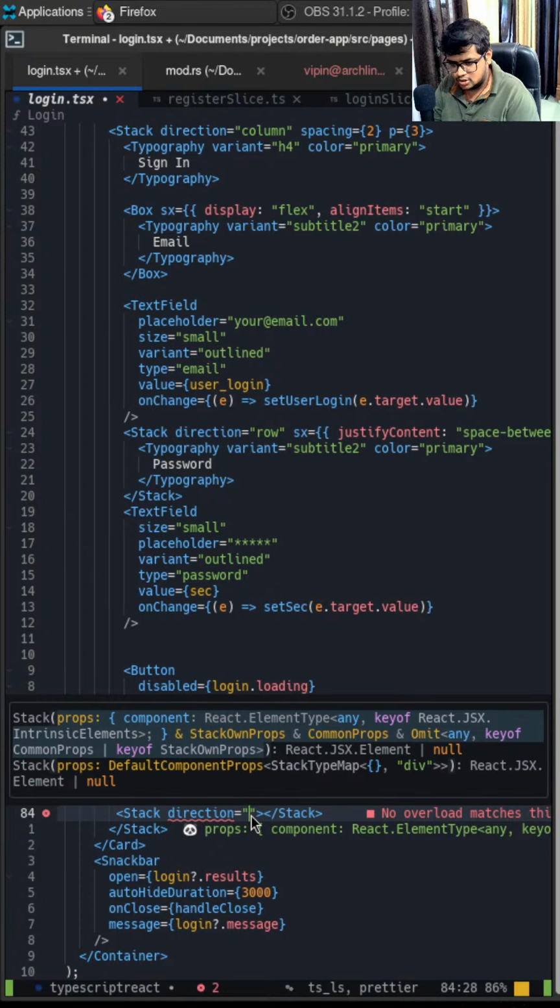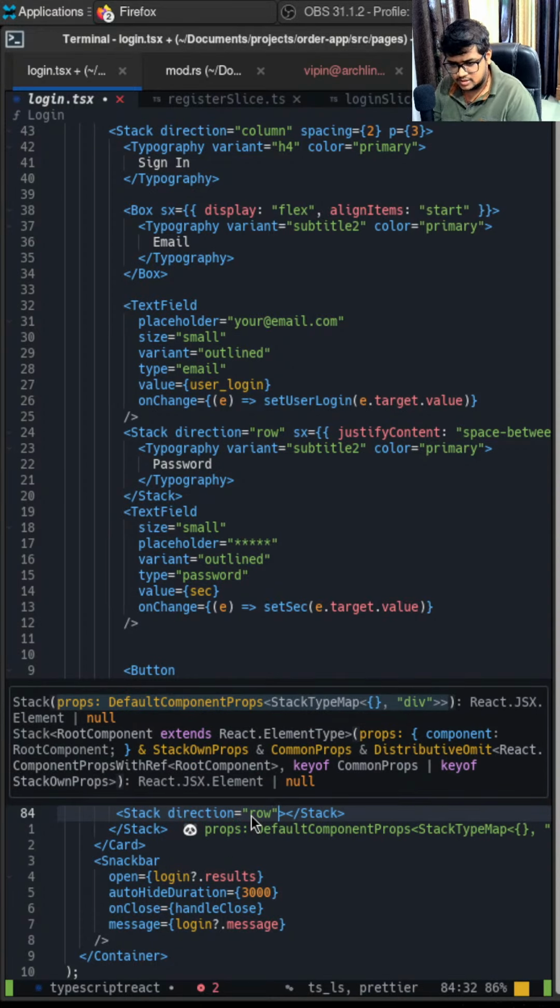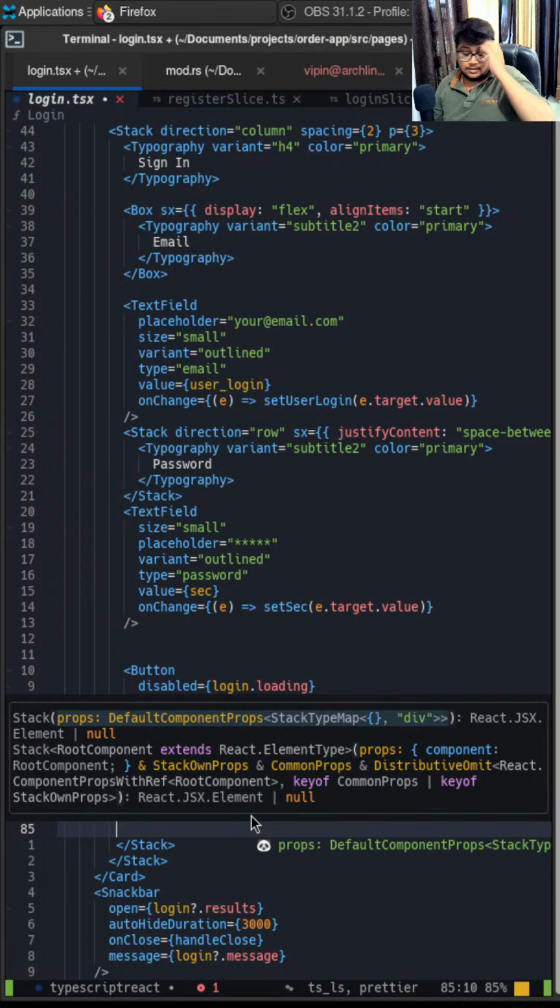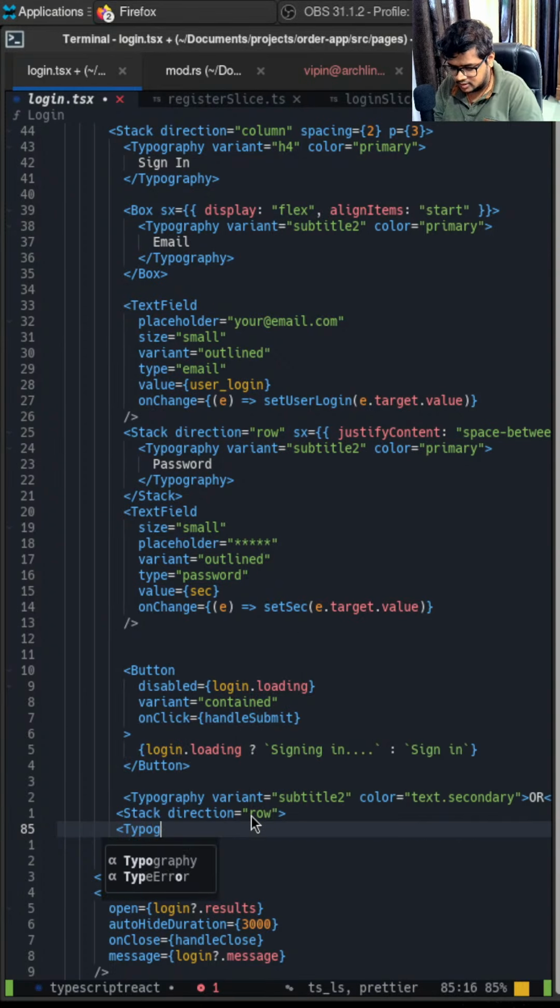डायरेक्शन इसका रो करते हैं, स्पेसिंग अभी नहीं देंगे। नाउ, व्हाट वी कैन हैव अ टाइपोग्राफी हियर।